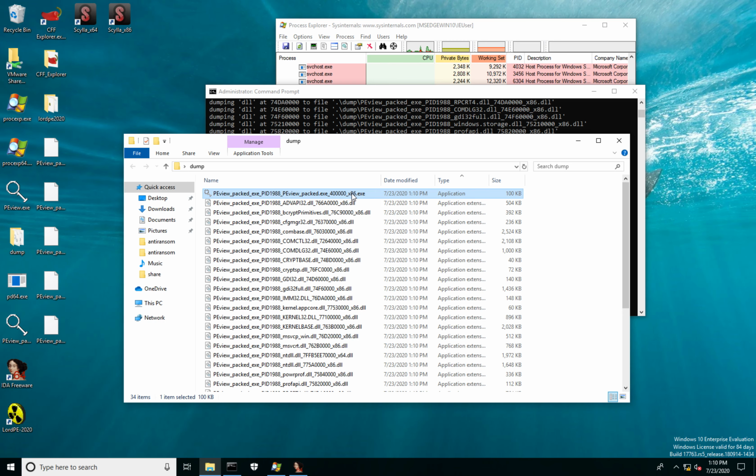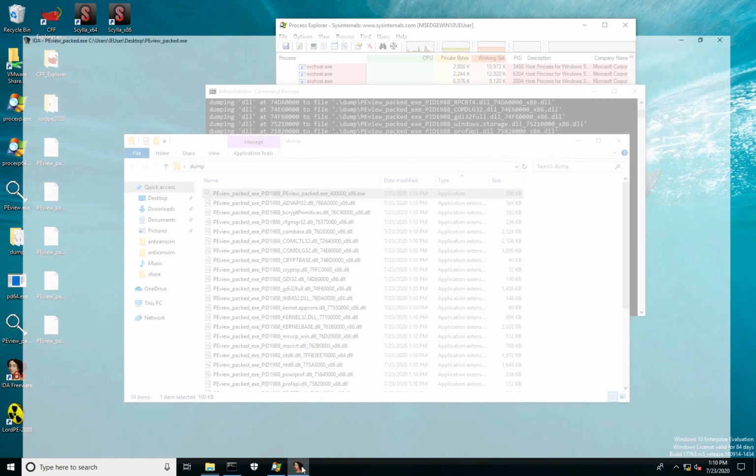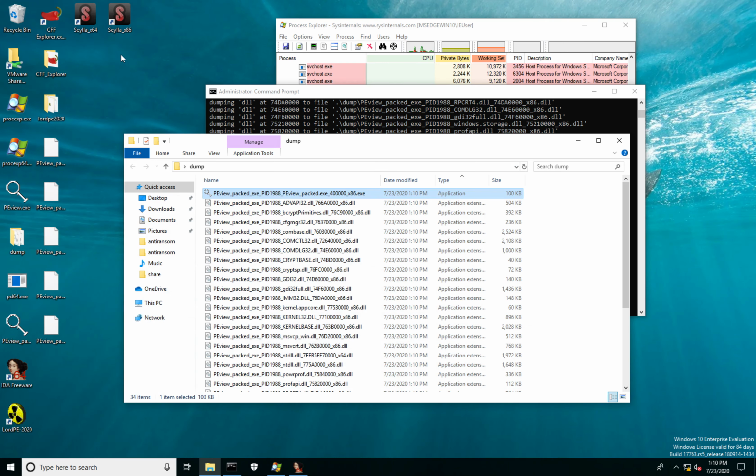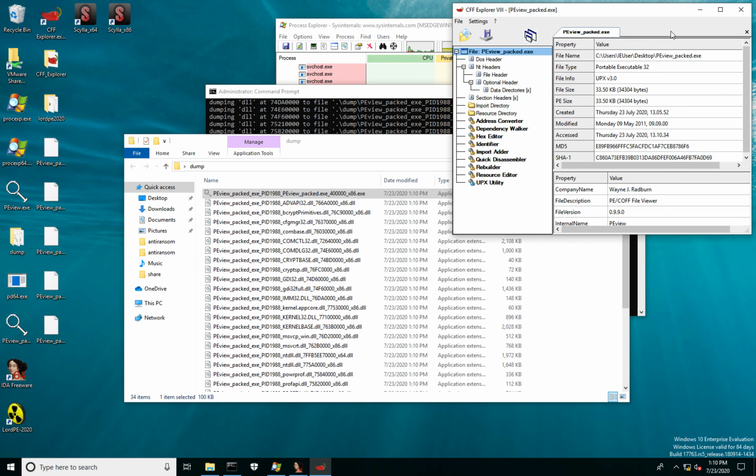The process is still running over here. We'll use Scylla, which has two versions, x64 and x86. Our packed binary is actually 32 bit. Notice here.